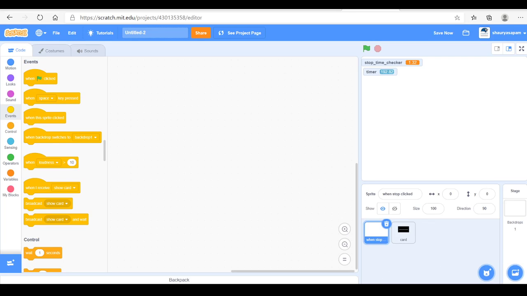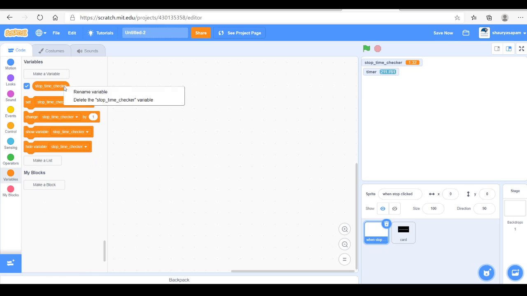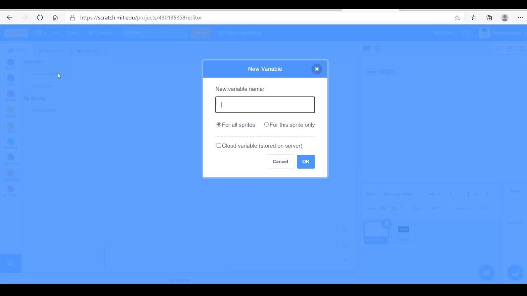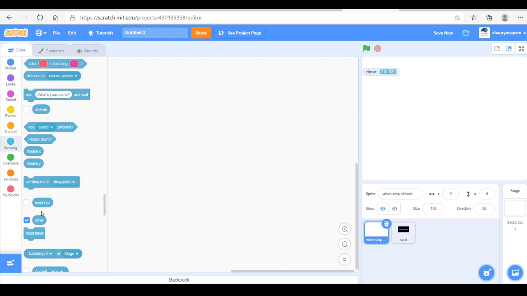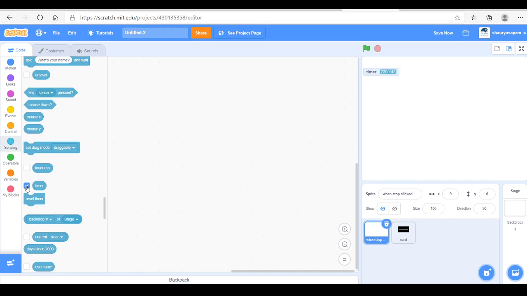Welcome back, and today I have a video in which I'm going to be showing you how to make a when stop clicked. This stop has been very useful, but there is no button called when stop clicked. Sorry, let me just enlarge a little bit. There's a when flag clicked, but there's no when stop clicked. Just delete. Okay, so what you will need to make this when stop clicked is go in the sensing and